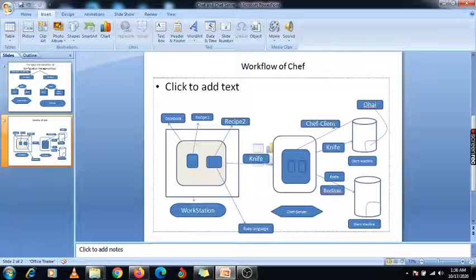And Ohai is nothing but your database, a mini database you can say, whatever the configuration store of your Linux machine or whatever the OS configuration installed on your machine. All the data is stored under this Ohai.